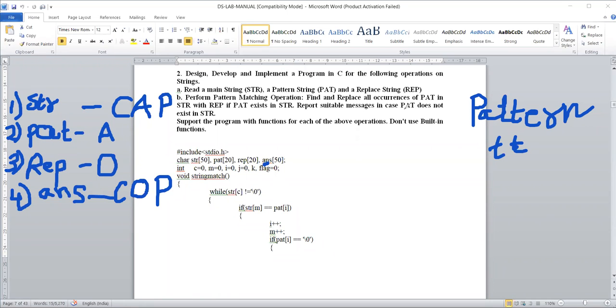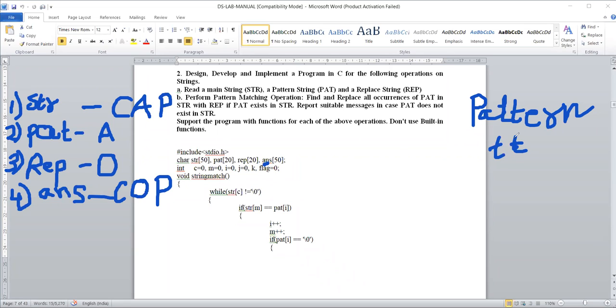Your string compare or string match function will start from the beginning, and it will compare each and every alphabet stored in the string array with the pattern string. If it is matching, it will replace. If it is not matching, it will go to the next letter, compare, next letter, compare.